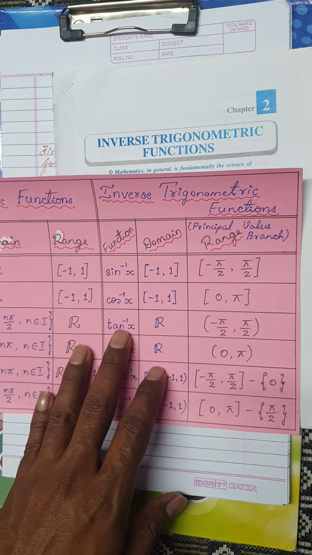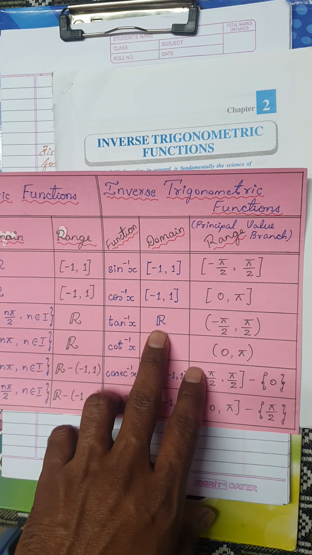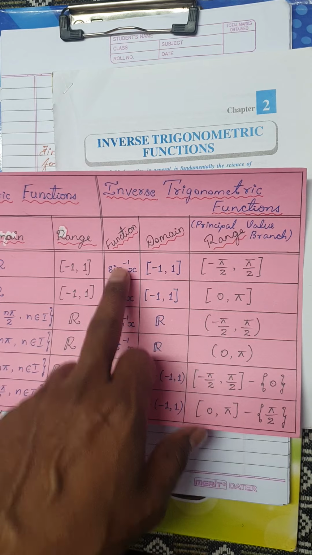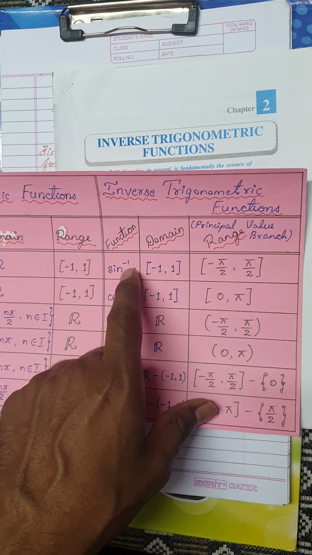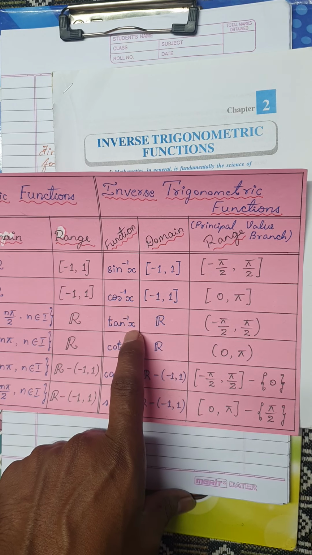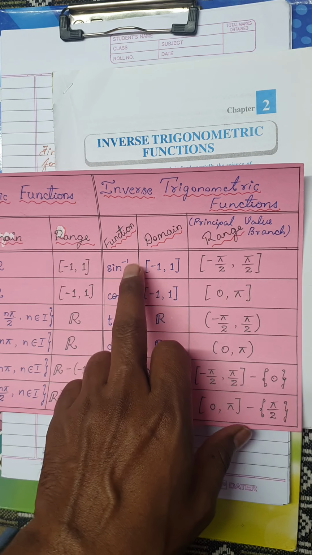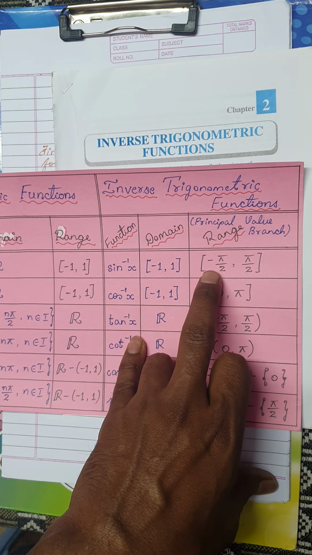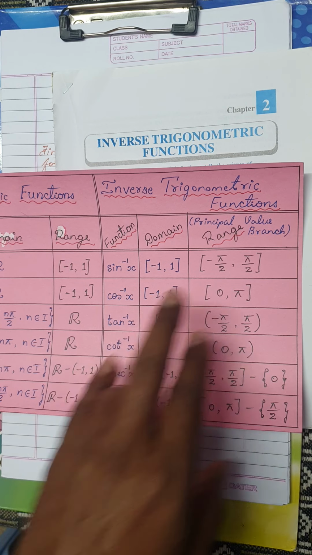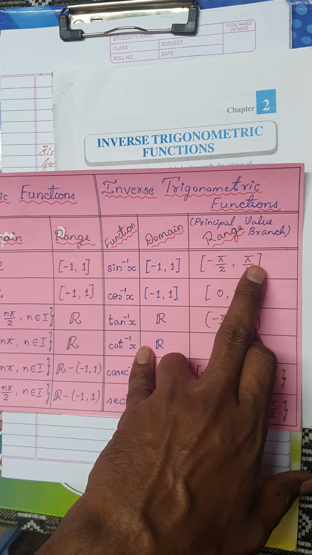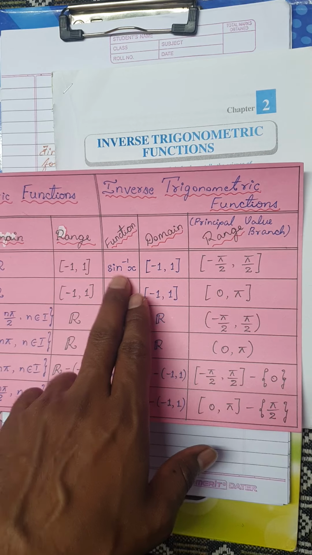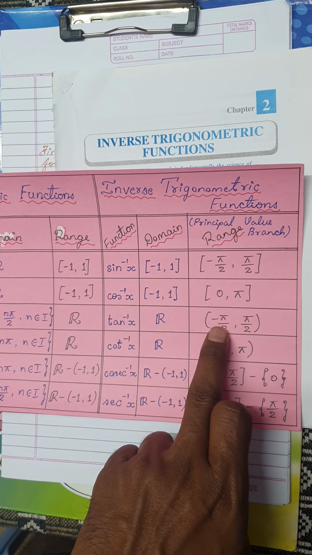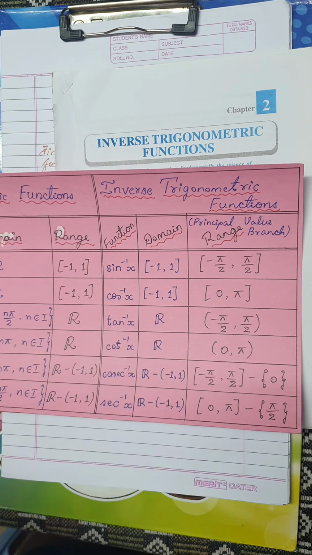Now similarly, tan domain is the set of real numbers. Tan usually follows sine, so if you remember sine, you can easily write the range of tan also. Remember, there is a lot of difference between an open interval and a closed interval. The closed interval -90 to +90 is the range of sine inverse of x, and the open interval -90 to +90 is the range of tan inverse of x.